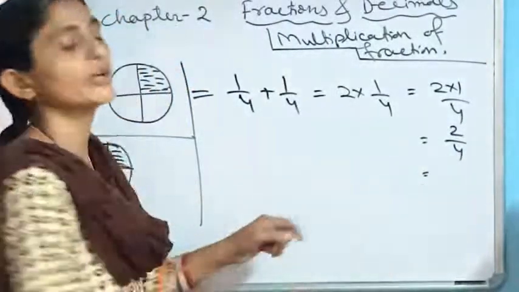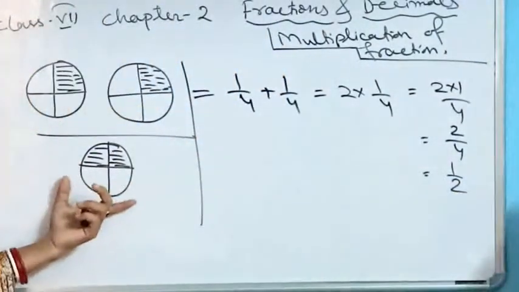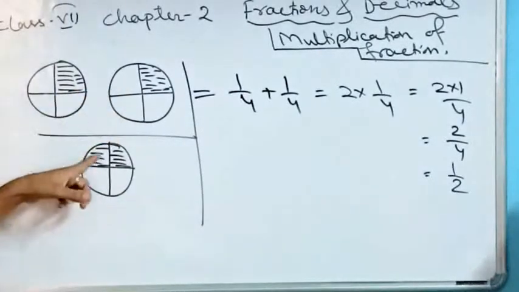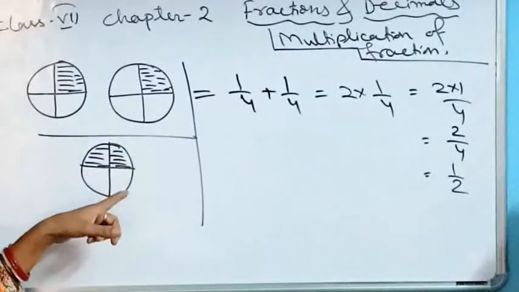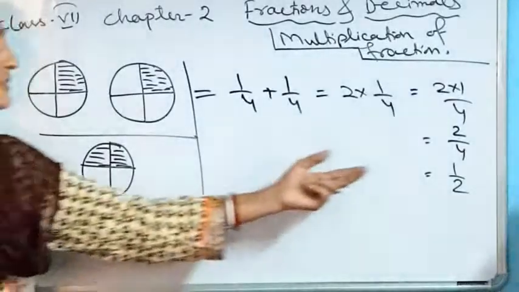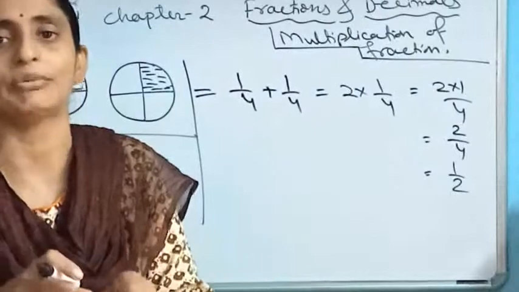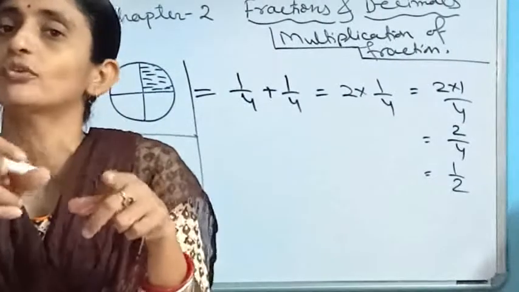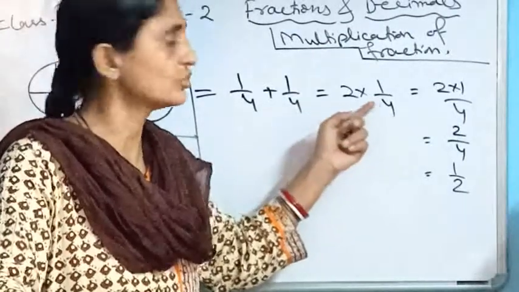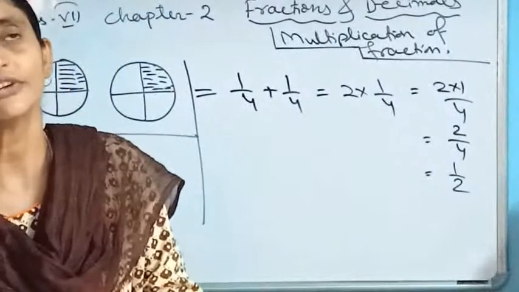And as these two are divisible, I can write this as half. So it can be presented like this. Out of each, one part has been shaded. Together I can write this, and the ultimate result is equal to 1/2. So this is the format we are going to apply in the multiplication of a fraction with any whole number. What will happen if it is given like this?